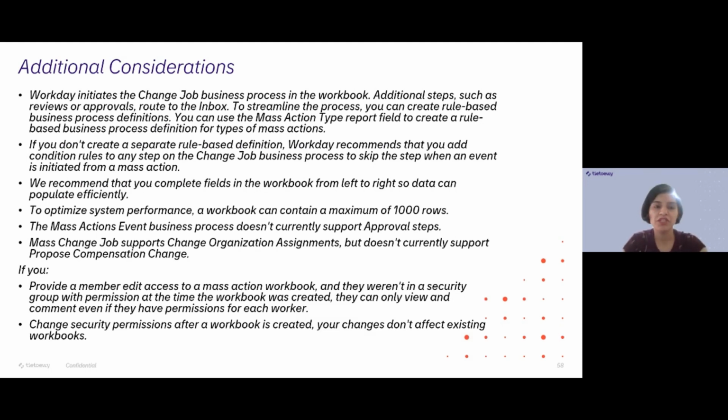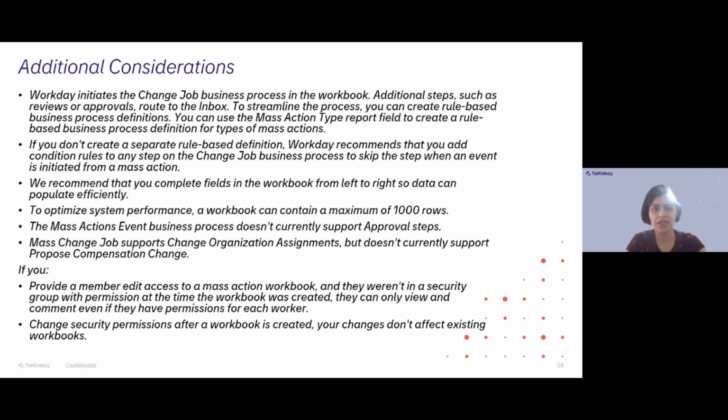So a few additional considerations here are that whatever changes are mentioned in the workbook, and if there are any approval steps or any review steps in the business process, they will be triggered. So if we do not want those processes to be triggered, Workday suggests that we create a rule-based business process where you can say that if this is being triggered via a mass action, then we will just utilize a leaner business process